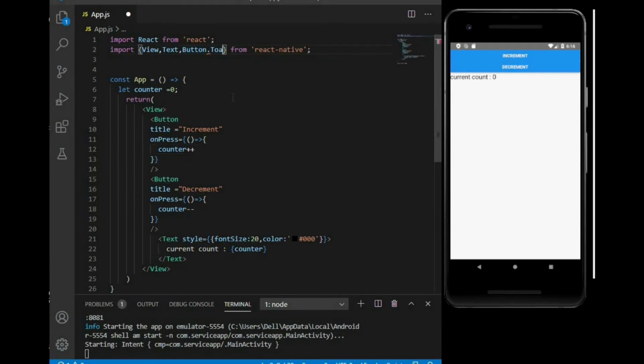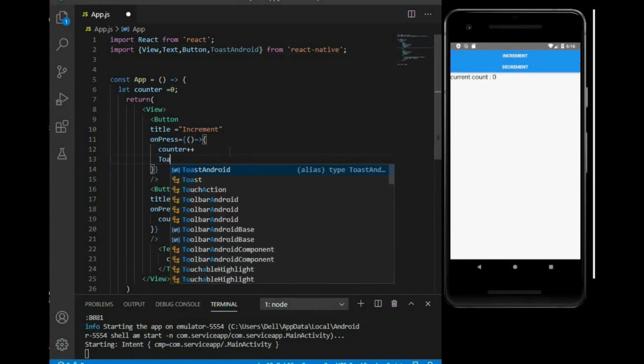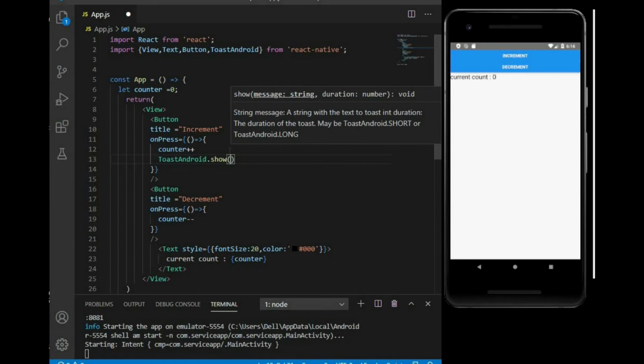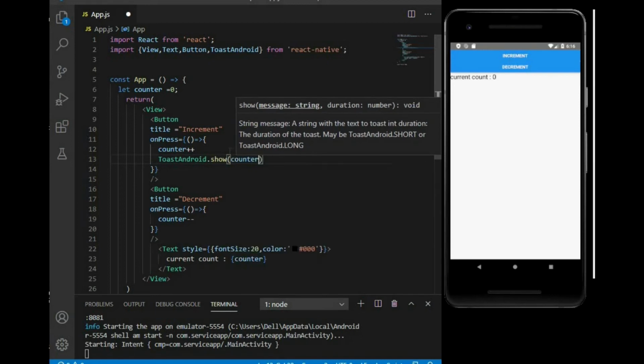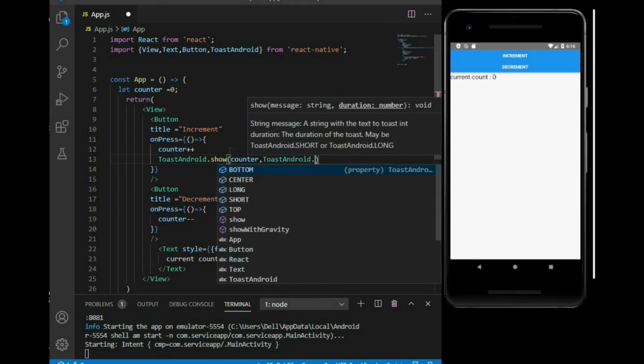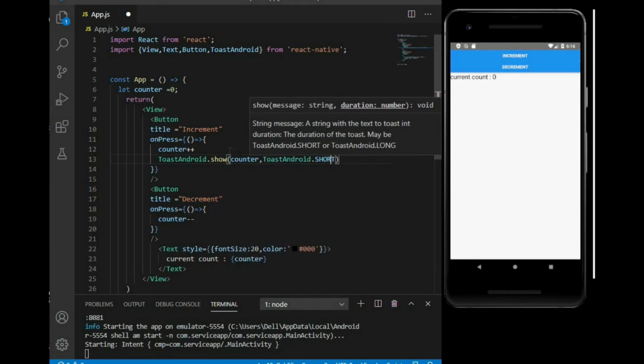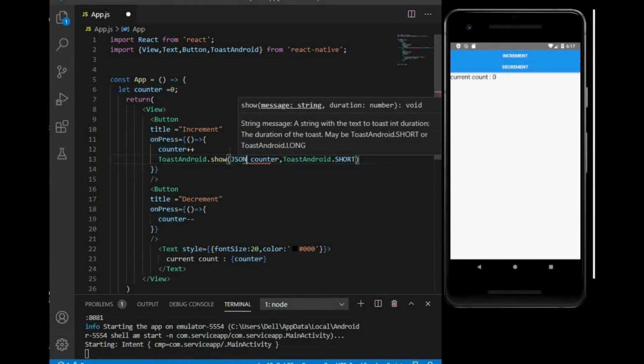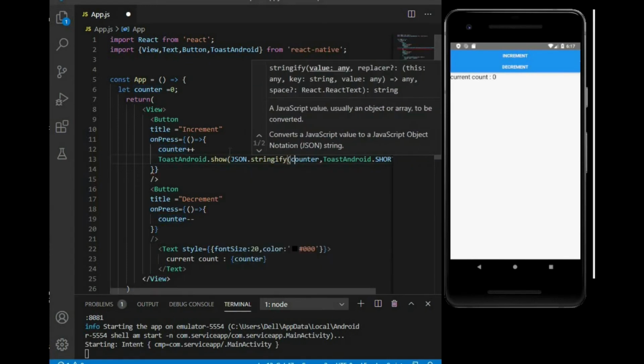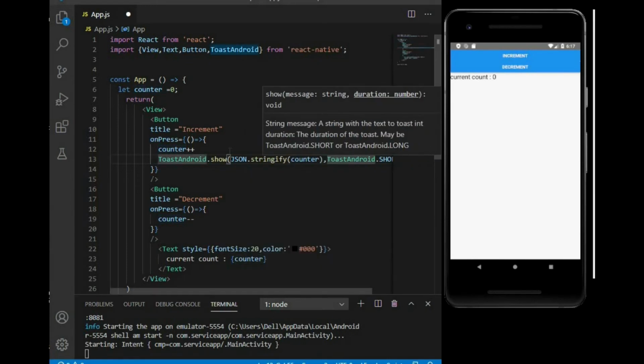If I show a toaster on press of the button and press the increase button, the value is changing, as you can see on the toaster. But the question is why the screen did not update.